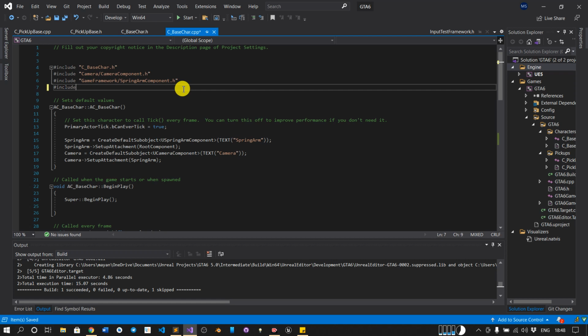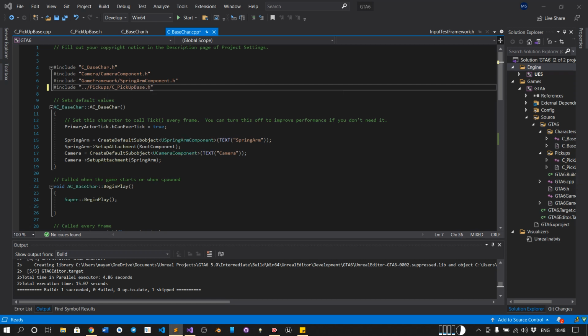So include hash. Now we are in the character, and we need this reference pickup. So we will go back in the folder, and it is Pickups slash C underscore pickup base dot h.